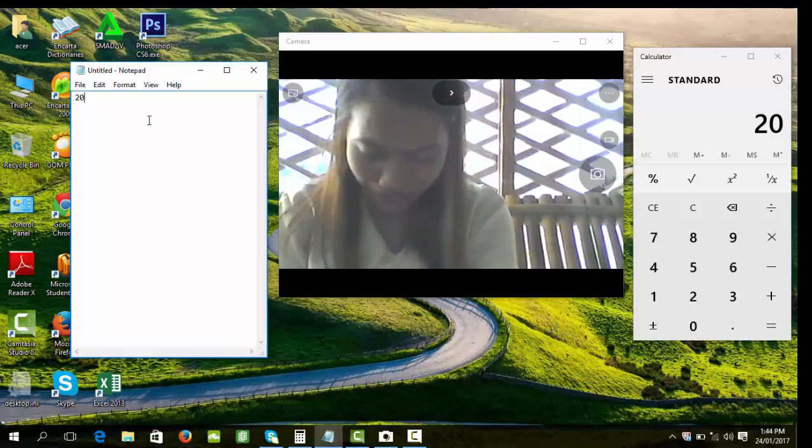This is a quick and easy way to transfer calculations from the Windows calculator to another application on your computer.